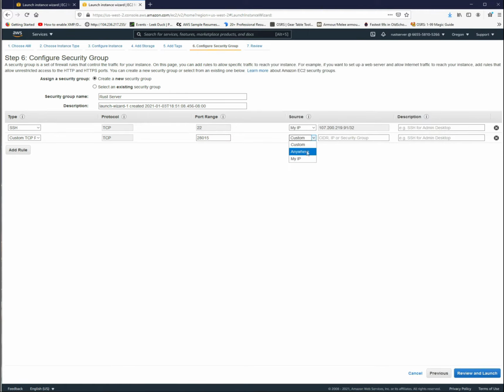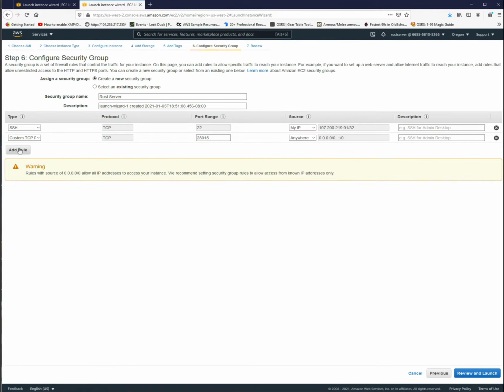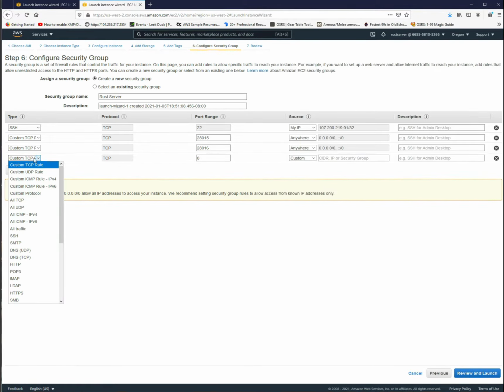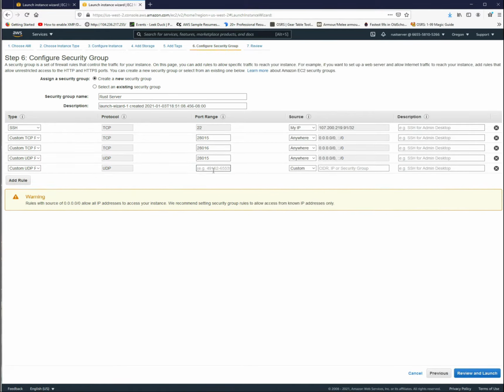Okay. I'm going to just do anywhere. So let's do custom TCP rule again, and this one's going to be 28016. Anywhere. I know it's giving you a warning down here, but it'll be okay. Let's go to custom UDP 28015. Let's do anywhere. Let's do custom UDP again, 28016. Let's go anywhere. And the 0 to 0 means any person from the outside internet can come in through